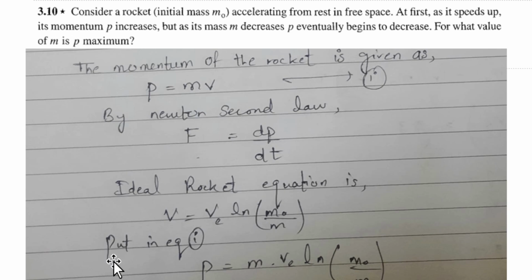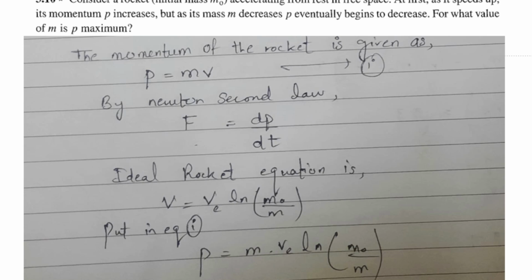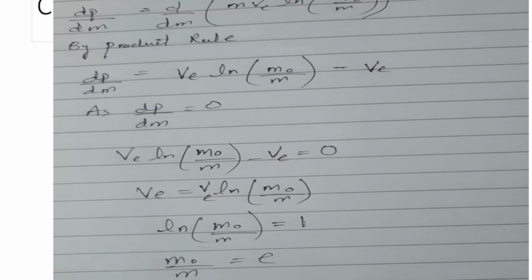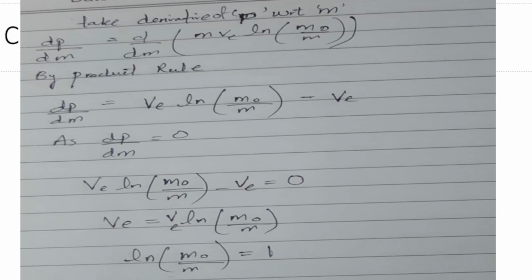Okay, now we have to put this equation 1 in the above momentum formula, which is the product of mass and velocity. After putting the value, we will get this equation. Now further we have to take the derivative of this equation with respect to m. Here you can see that after taking the derivative, we will get this term. This is actually why we take the mass as a function, because we have to find the value